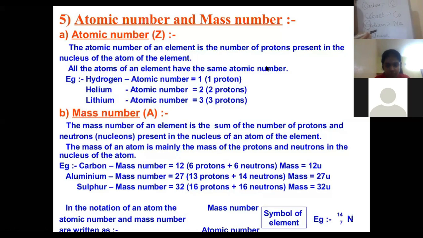But why then the two letters? Because N has already been assigned to someone else, that is nitrogen. The symbol of nitrogen is N. To avoid the confusion, there should be the first two alphabets. And while writing, if a symbol has two alphabets, the first has to be written in capital followed by the small. Right? So these are the things which provide the unique identity to an element so that it can be identified among a whole lot of elements. So first is the symbol, then mass number as well as atomic number.